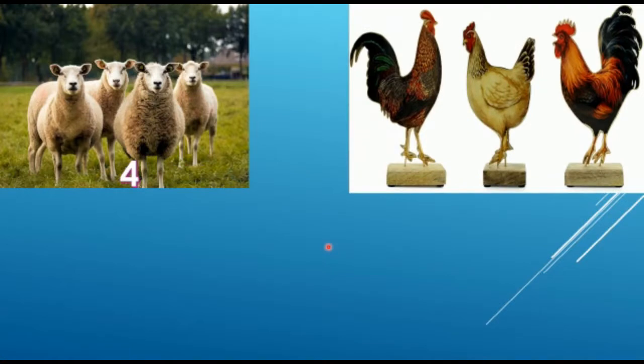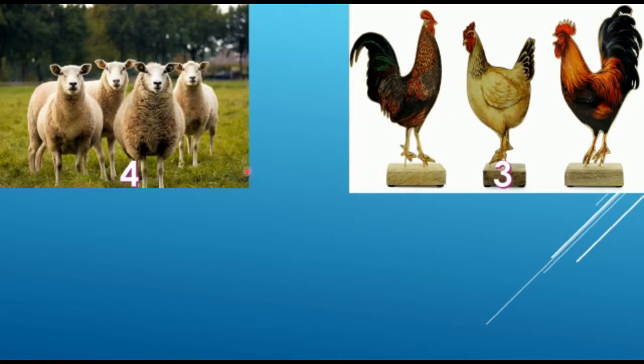Here, 4 sheep. 1, 2, 3, 4. And in another picture here, 3 hens. 1, 2, 3. Then which side is lesser, this or this? Let's see.